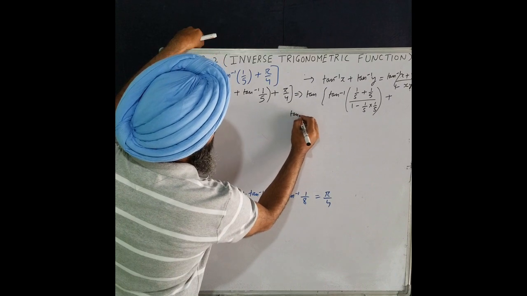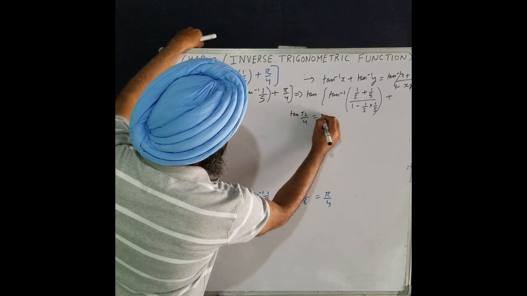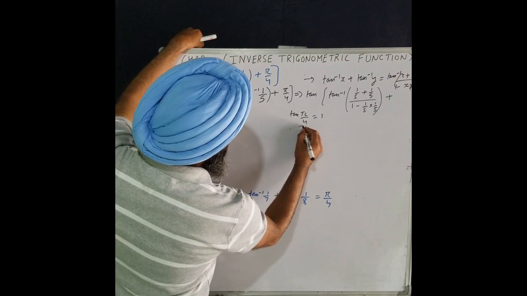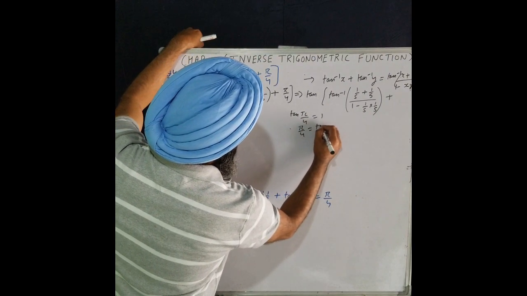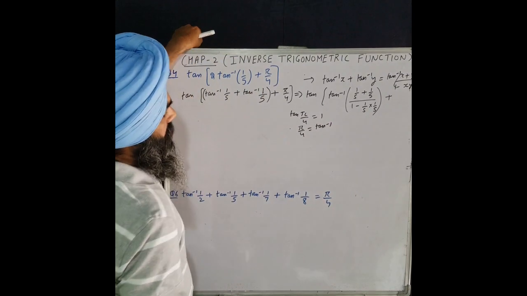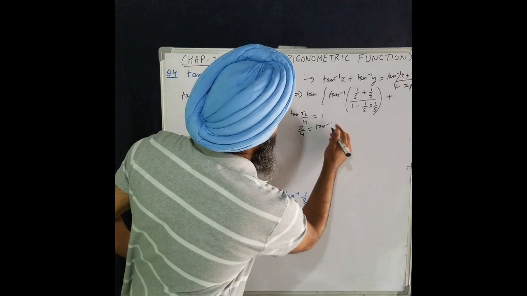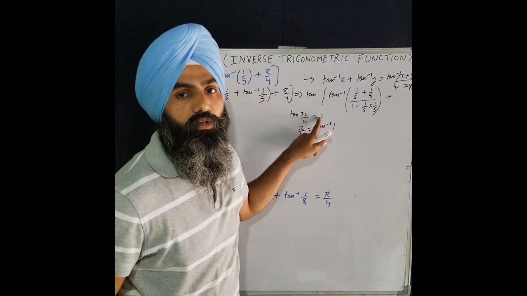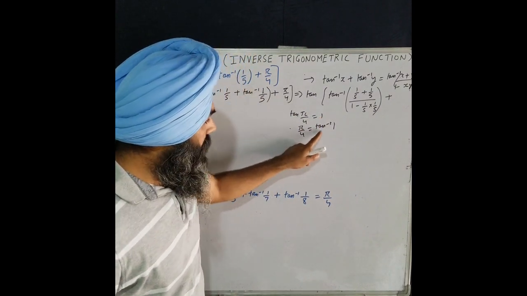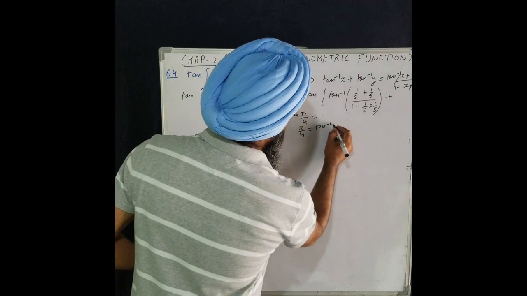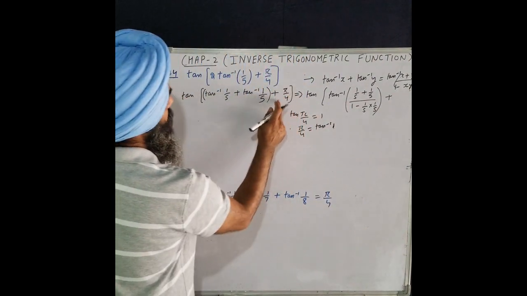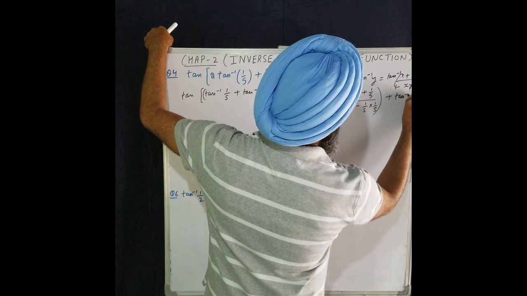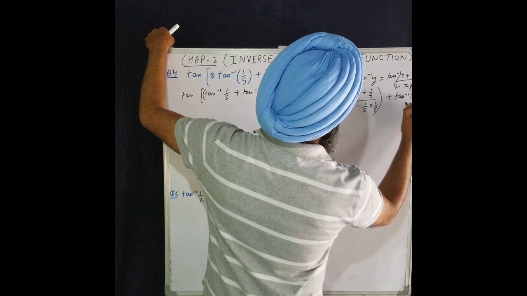We know that the value of tan pi by 4 is 1, that is 45 degrees. So pi by 4 comes out to be tan inverse 1. Whatever is tan on this side goes to the other side as tan inverse. So pi by 4 equal to tan inverse 1. You have to replace pi by 4 by tan inverse 1. The question comes out to be tan inverse 1.